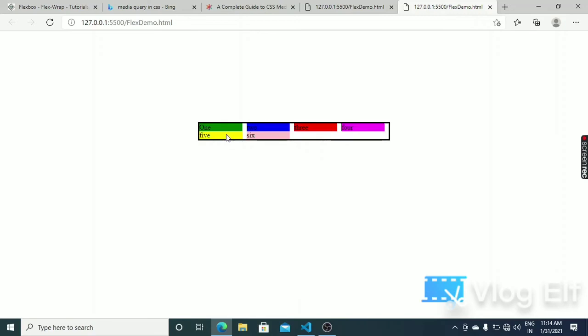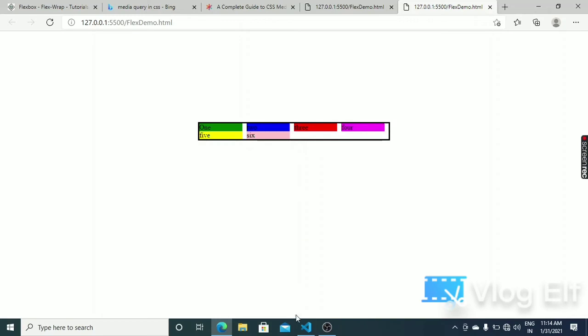Each box is 100 pixels, so four boxes make 400, and 4 right margins of 10 pixels make 40, so 400 plus 40 is equal to 440. So there is no space remaining for the fifth and sixth in the first row.